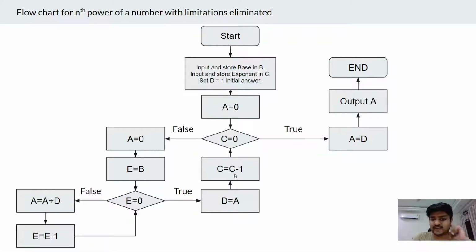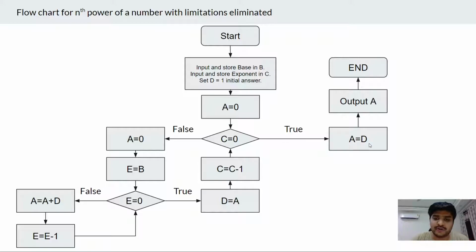After that we decrement C by 1, and no matter how many times we do this, D and A will always remain 0. As soon as C becomes 0 after this loop, it will never enter this loop in this case because B is 0. So as soon as C becomes 0, we will exit this condition in this direction and go towards this.